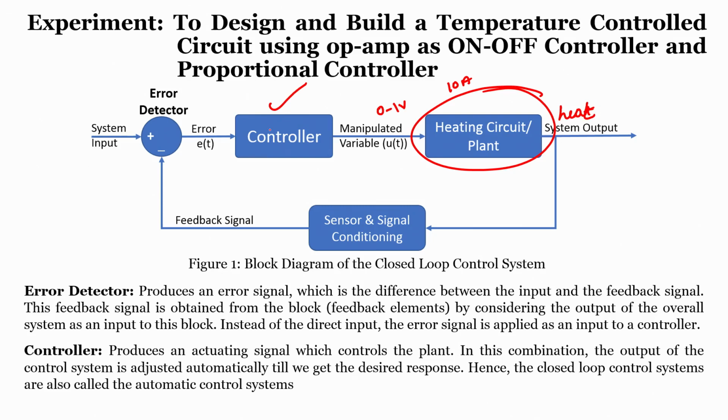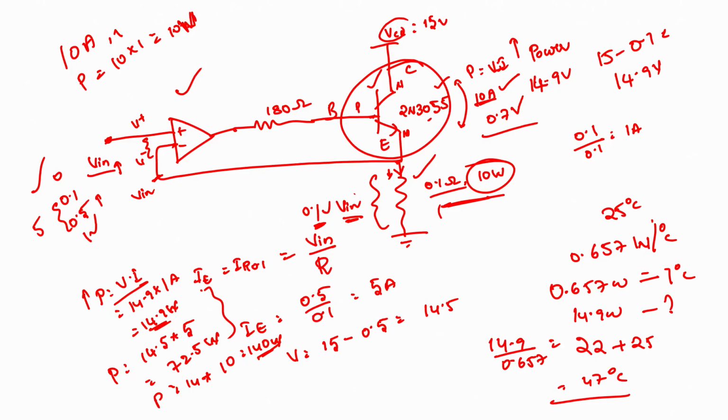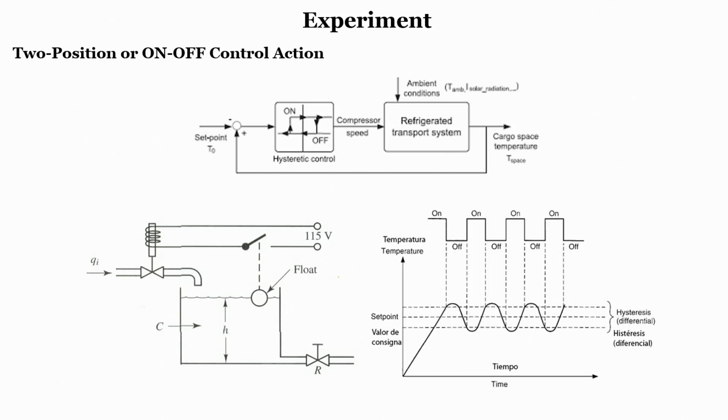How can we design it? We have discussed our on off controller, right. If you see an on off controller, the name itself says that it will always switch on, switch off, switch on, switch off. And moreover, in our day to day life applications, the same type of controlling can be seen in refrigerator circuits.